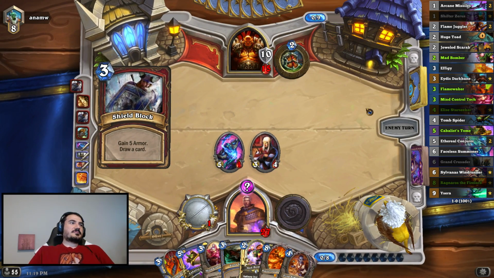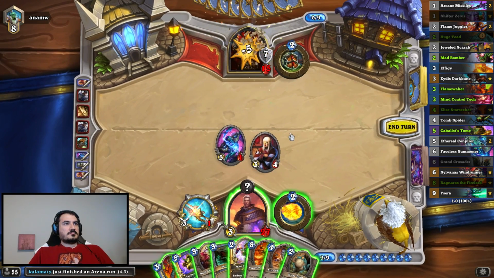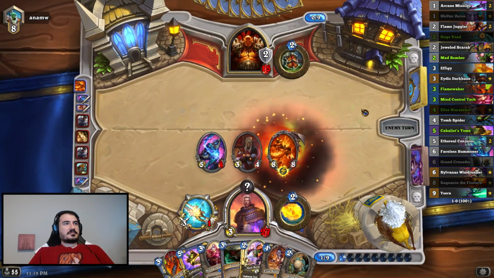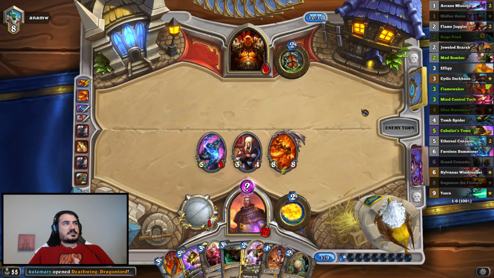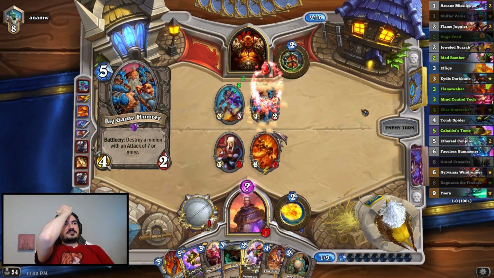Oh jeez, that's a lot of armor. Draw. I know warriors have a hard time dealing with Ragnars, so I am just gonna try to press him here. Weapon removal is really good right now. Yeah. No, that's a good draw. I've got the beast in my...